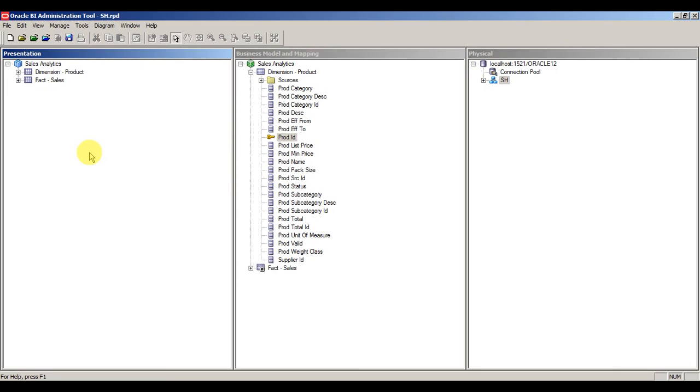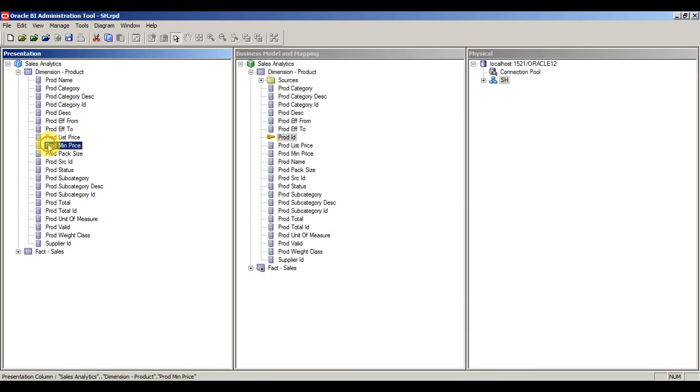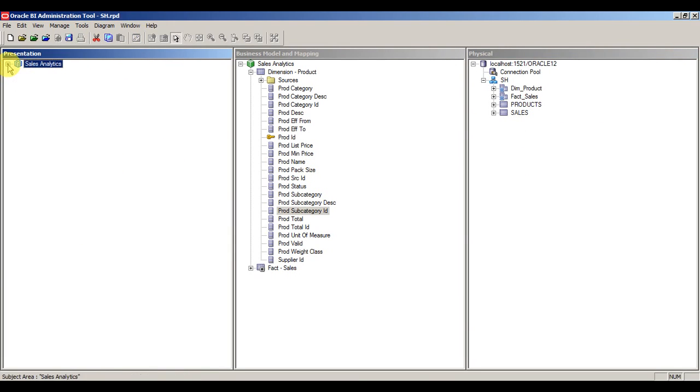So now one important thing that you need to remember is business users will only see whatever metadata is presented in the presentation layer. They won't be able to see the BMM model, or the physical model. So now in the immediate session, we are going to upload this RPD into the OBI system to see how exactly the business users will be able to see the presentation layer.